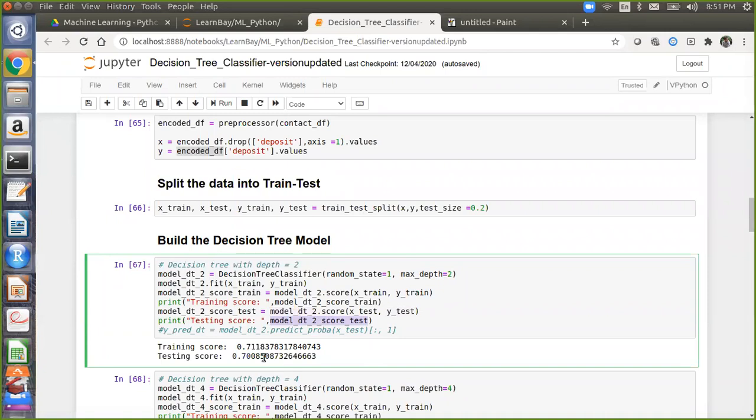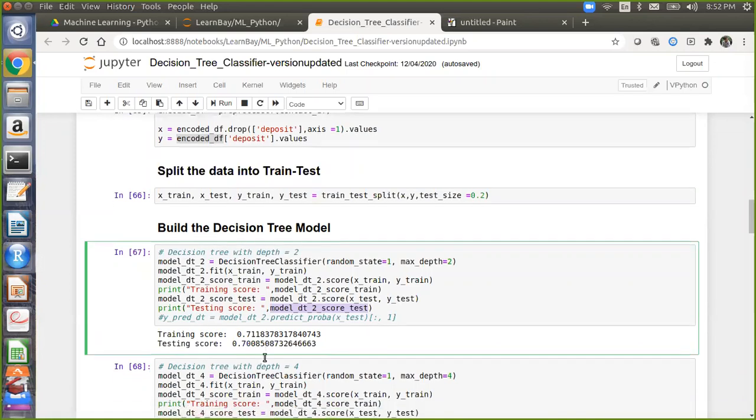That means cross validation is not required. That is why you have to do both of these things, and my samples are probably not biased. But what can happen is, because you have only taken max depth equal to 2, probably your whole decision tree building itself is wrong. Let's do one more experiment.